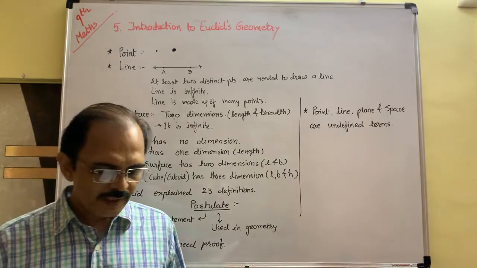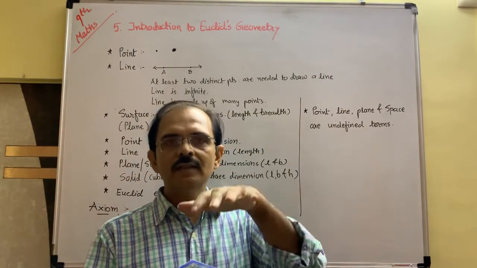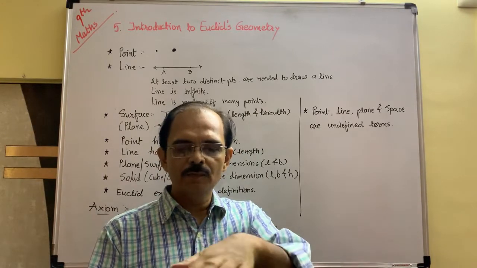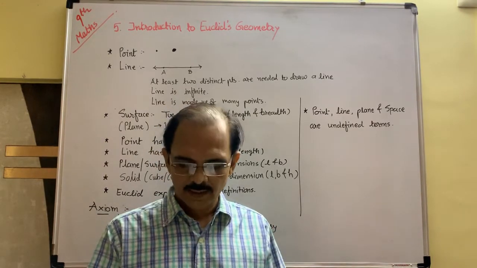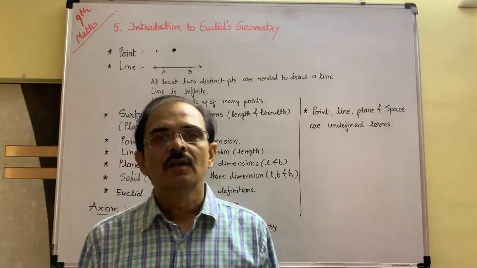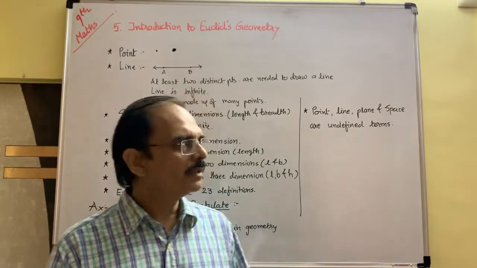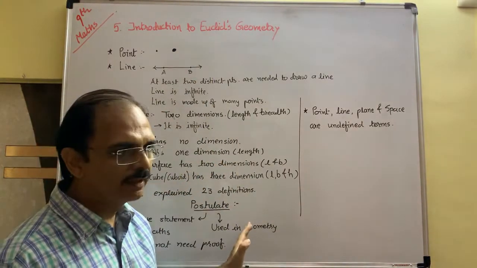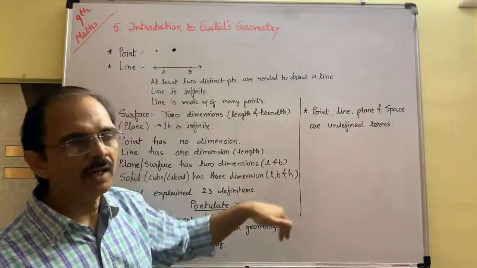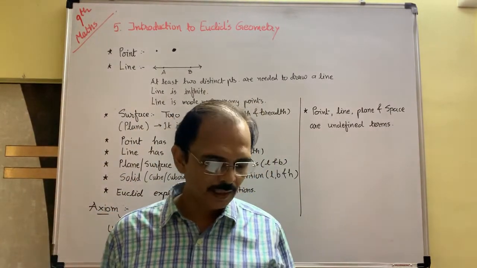Things which coincide with one another are equal to one another. If you place another same textbook on this textbook and it matches this boundary, then we say they are equal. Coincide. The whole is greater than the part. Whole means the big one. Part means the half of it. Naturally, the big part is greater than the half part. So the whole is greater than its part.